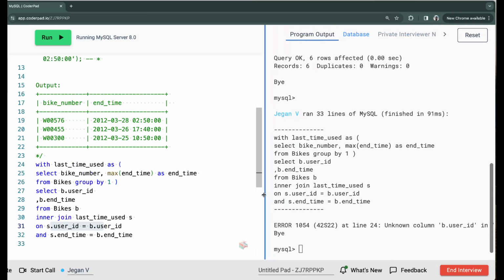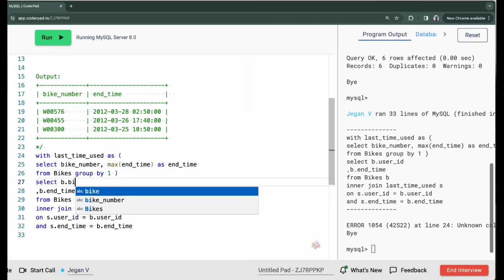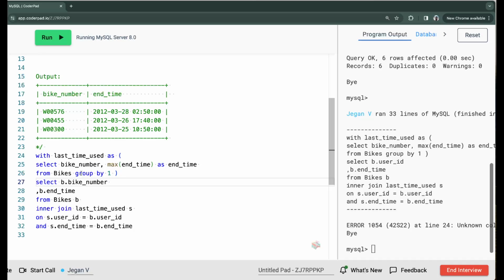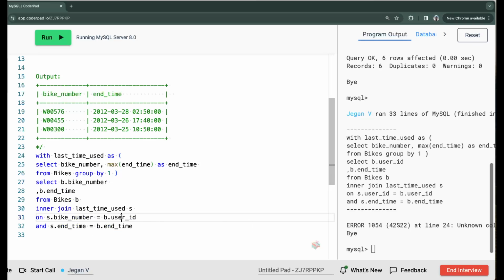Okay, it says unknown column b dot user ID. Oh, there is no user ID. So it's bike number, right? Select bike number. So we talked about the user, so I just went with the user. Okay,